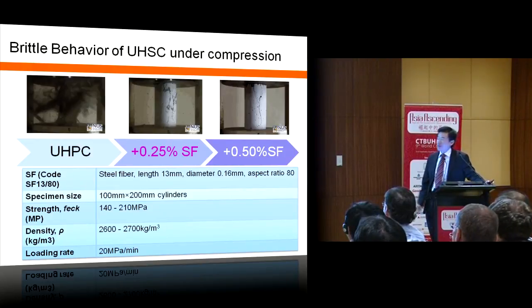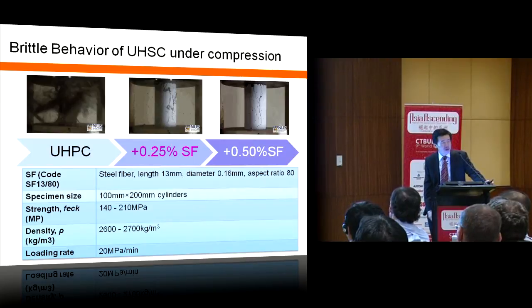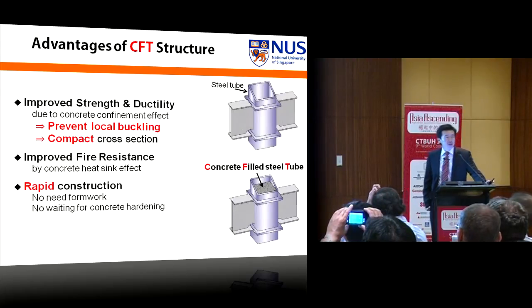So we try. We put in some fibers, only a very small amount of fiber, 0.25% steel fiber. You load it. It doesn't disappear. That means you need to provide some steel content to improve the ductility. So this is the first thing that we learn. Of course, to improve ductility, one thing to do is